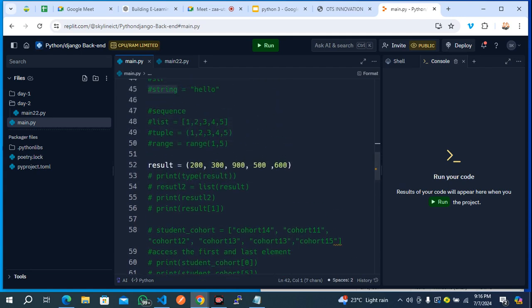Then we move ahead to learn about sequences, which is list. And I told you that lists are a data structure in Python, and lists are identified using what we call